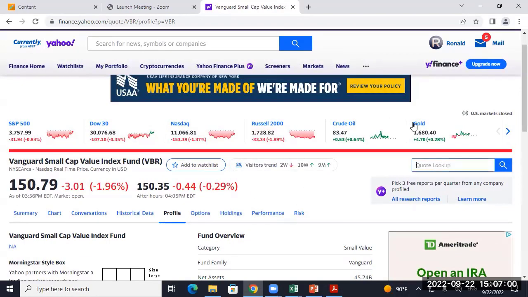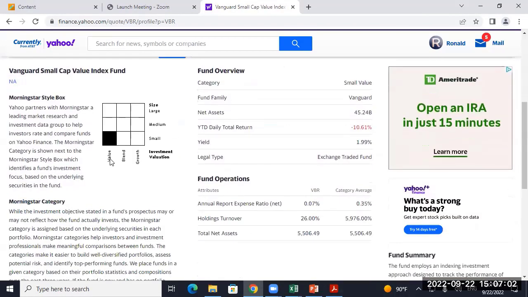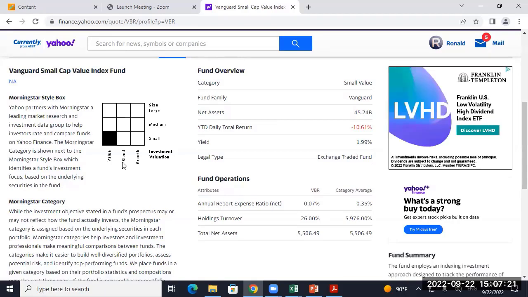So they use the words value, blend, and growth. That's the wrong term in the middle. I think I told y'all what this middle term is. Y'all remember what this is? Blend is not the right term. It should be value, core, and growth. Don't use the word blend. Morningstar, I don't know who works for them, and they use the word blend. If you're balanced between value and growth, it's called core. You have a core fund. So large cap core, large cap value, large cap growth.